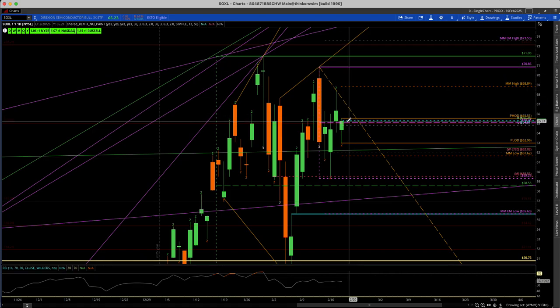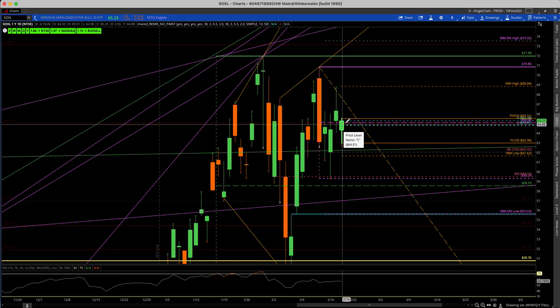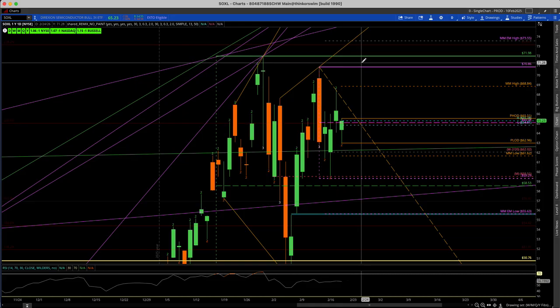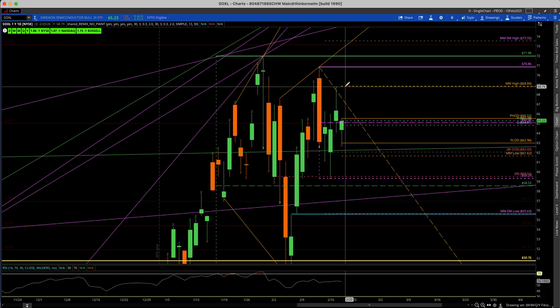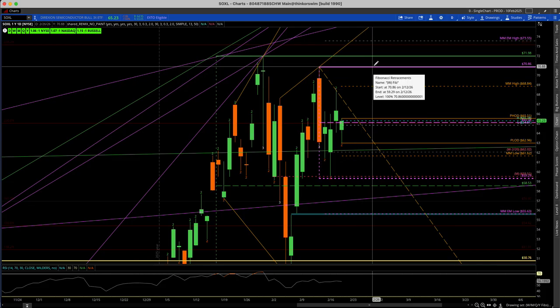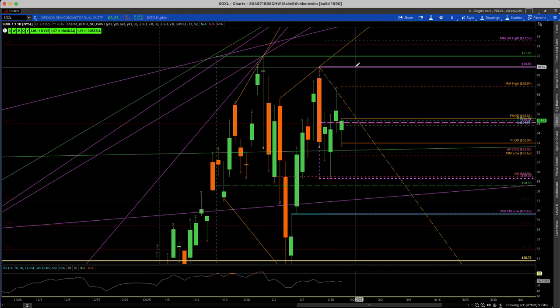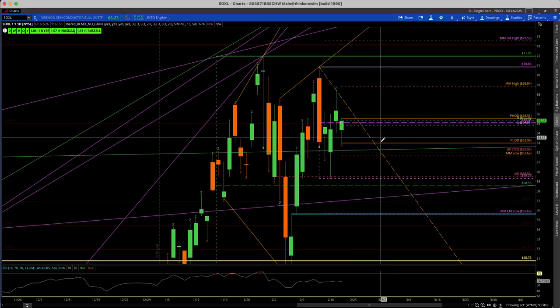to get us at least back to the top of this range. Not saying that this higher low 2 down, 2 up would push us out of the range, but it should at least take us back to the top of the range. Maybe not in one day. Maybe in one day we only get to the market makers expected move high, but if we get follow through on Monday of next week, then we should see that 70.86 to 71.98 level before we have to just wait and see,